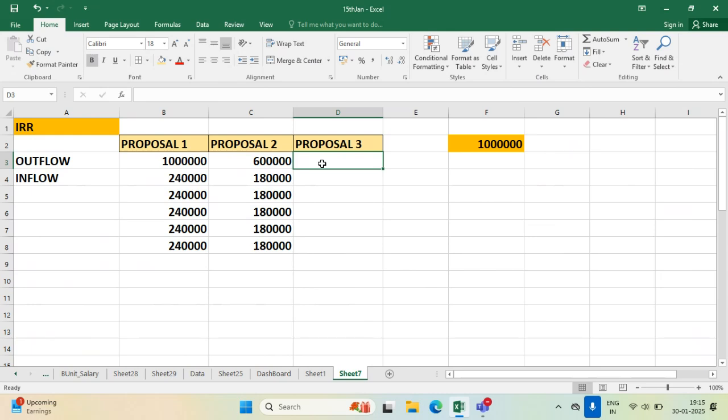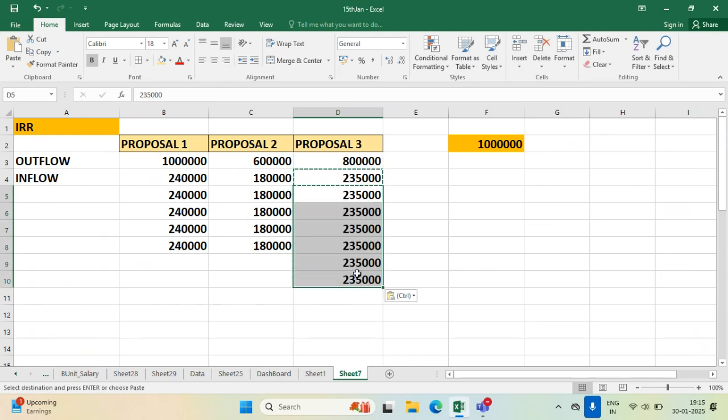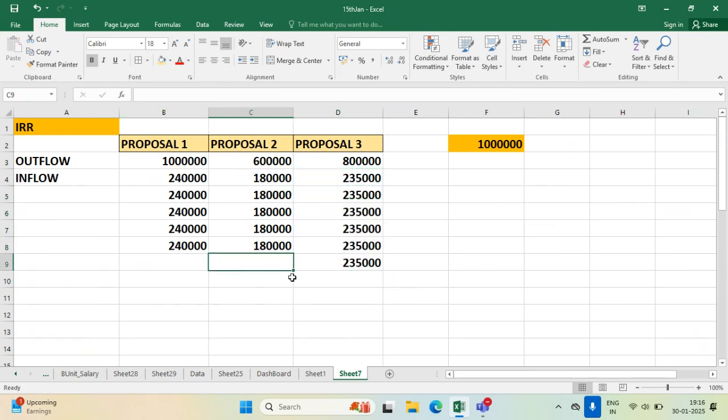terms. There is another proposal which says that you invest 8 lakh rupees now and you are going to get a sure return of say 2,35,000 for 6 years. 6 times 3 and 3, 6. So this is extra. So now you want to know which one is more profitable